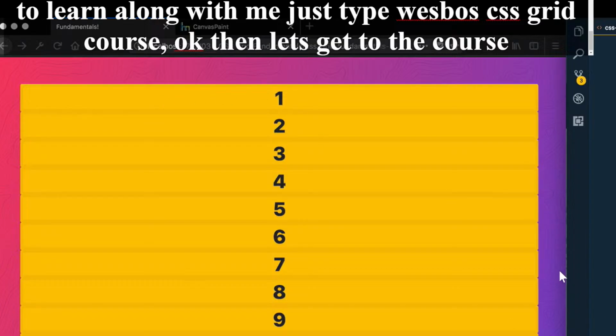Now, if you pop open a pair of style tags, you can put your style tags above or below. I'll likely be doing them below just so that you can see the HTML and the CSS that I'm writing, but more likely you're going to have your CSS linked in a CSS file. In there, we're going to take our container and display grid, because much like Flexbox, the whole